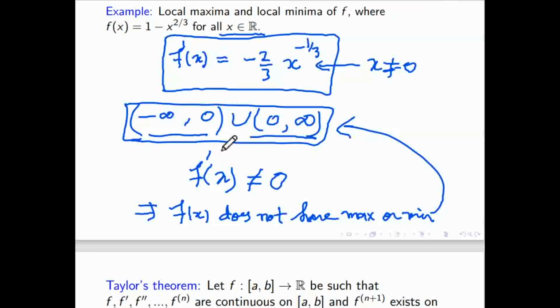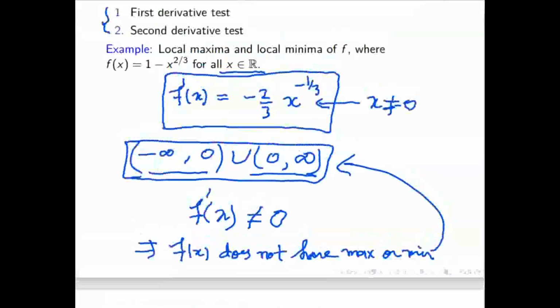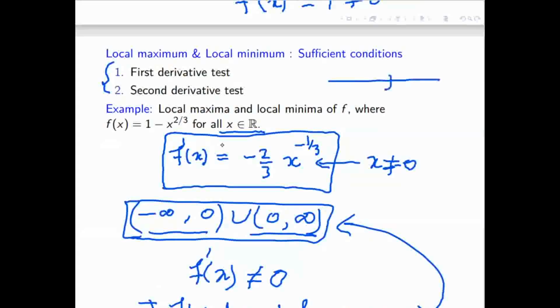So now at 0, is it maxima or minima? It is a constant function at x equal to 0. So how to check whether 0 is maxima or minima? We have this 0, this side is 0 to infinity, this side is 0 to minus infinity. Suppose I want to check at 0 whether it is maximum or minimum, then I have to check whether in this domain it is increasing or decreasing. Like from minus infinity to 0, is it increasing or decreasing? Is the derivative positive or negative when x is negative? Positive.